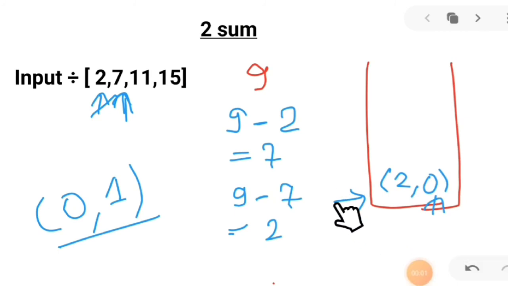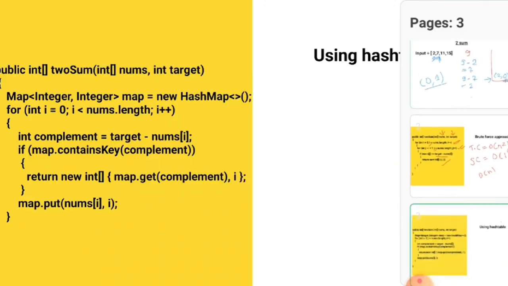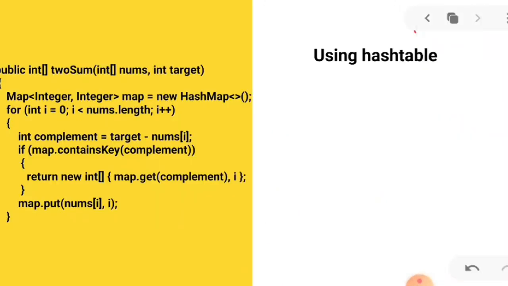This is how we deal with this problem so that we can optimize it using hash tables. Let's discuss the pseudocode for this using hash tables. This is our input array and this is our target value, and we have created a hash map here. You can use a hash set, hash map, anything you want to. Then we'll loop through this array, and for the sake of simplicity I have stored target minus the array value in a variable called complement. You can directly write this instead of complement, you can do whatever you like to.